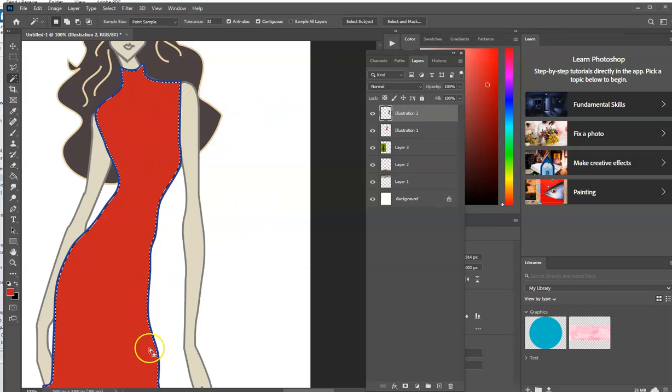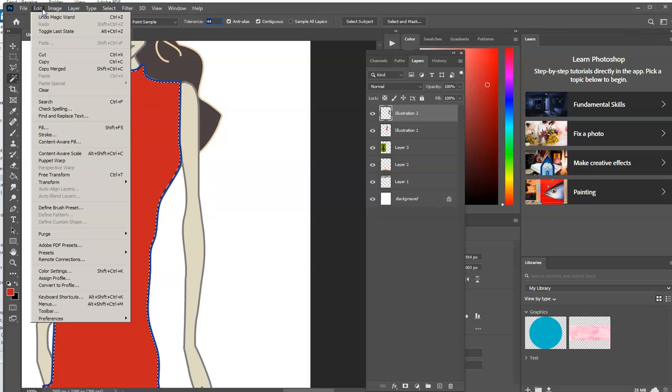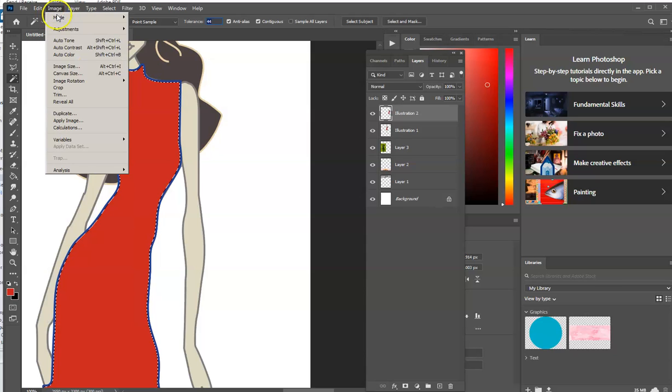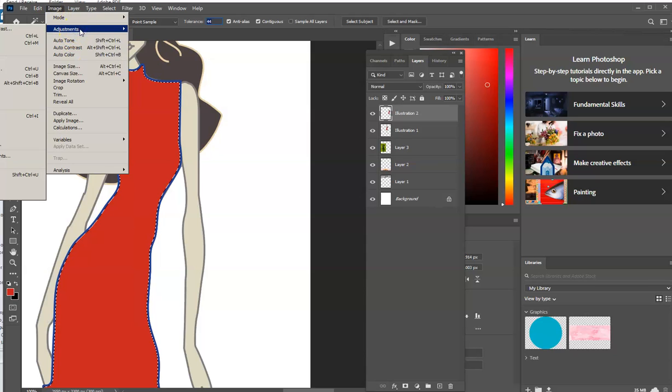I think my selection is pretty good, but because it's just one color, you can increase the tolerance. For now it's not really necessary to increase the tolerance, but whenever you increase it, it means you will select a wide range of the colors. Okay? Anyway, after you select the garment here, you need to go to Edit, Images, Adjustment, and then this time